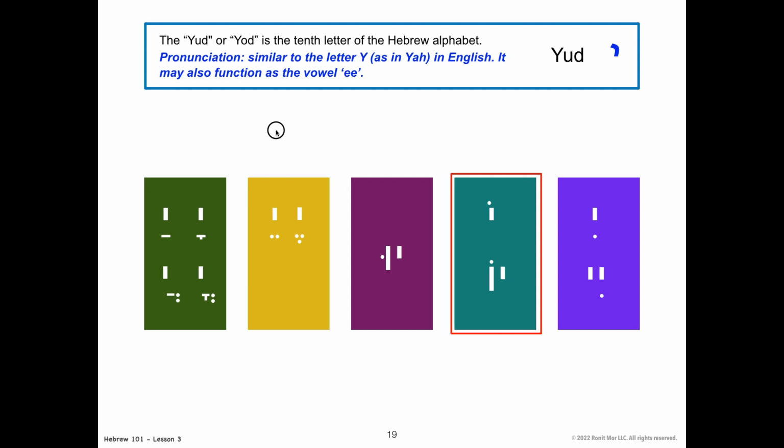Okay, and now here, whenever we add this little dot to the Yod, it becomes a vowel, okay? So it no longer functions as Y. So I will help you with this. Yeah, E. So it just sounds like E. And if you have two Yods, then it sounds like E with a Y, so it's like Yi. Okay, so let's practice Yud.